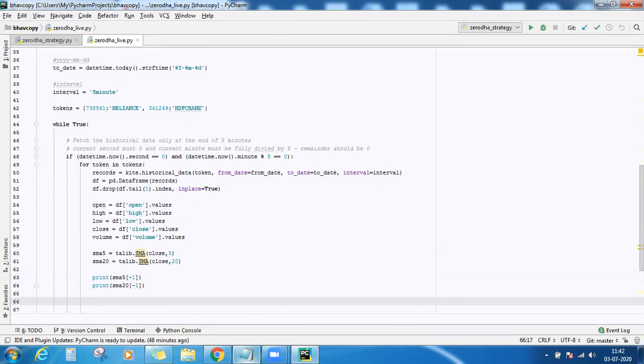So next comes the if condition here. I want to check the crossover. So there will be one more if condition within this for loop.